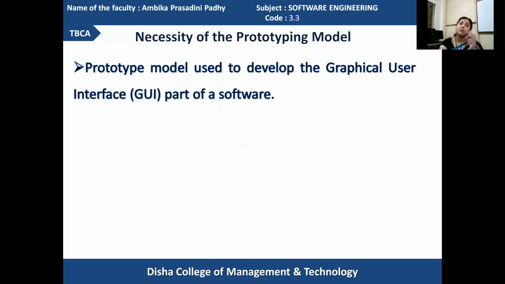Specifically, for which purposes your prototype model will be benefited, let us have a view on that. Your prototype model is used to develop the graphical user interface part of the system.